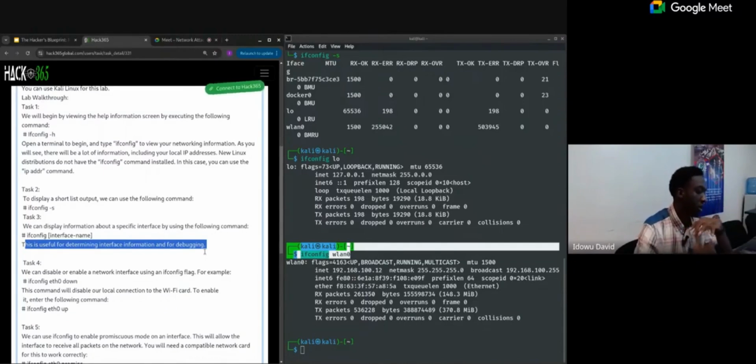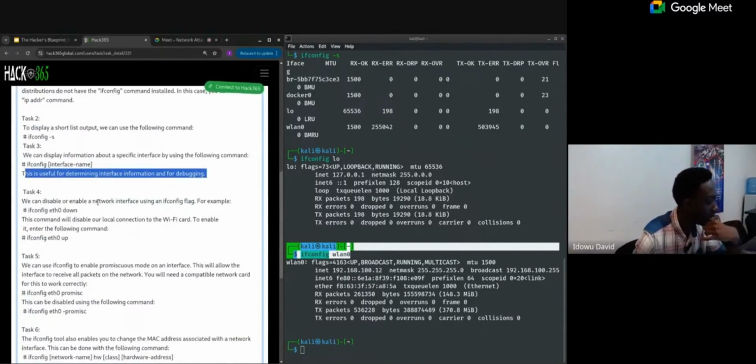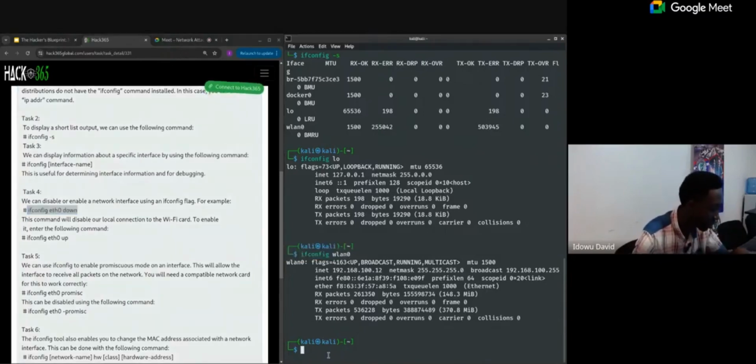Now, our fourth task here says we can disable or enable a network interface using an ifconfig flag. For example, ifconfig with down will disable our local connection to the Wi-Fi card. To enable it, the following command: ifconfig with up. Now, I'm not going to be running this command because this is going to disrupt the live stream, but we can try this for another adapter. Let's type in ifconfig